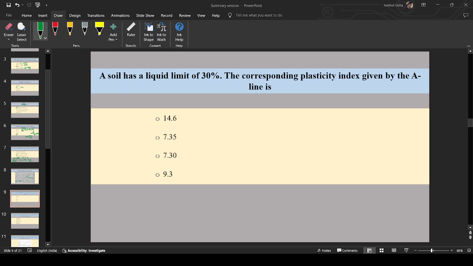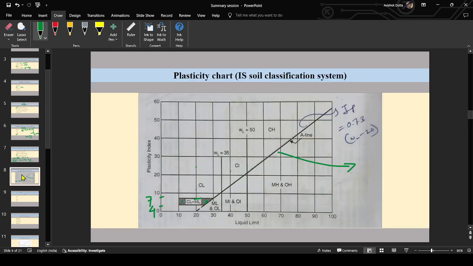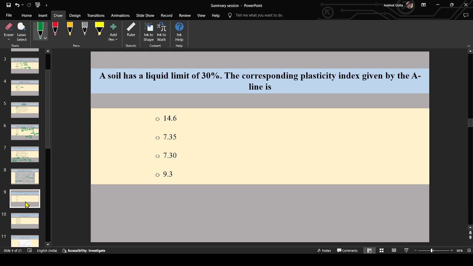A soil has a liquid limit of 30. The corresponding plasticity index given by the A line is, what is the A line? The A line is a line separating the organic soil from the inorganic soil in the plasticity chart. What is the equation? The equation of the A line is IP, that is plasticity index, equal to 0.73 into liquid limit minus 20. So I'll write here like this. According to the A line, the plasticity index in the A line